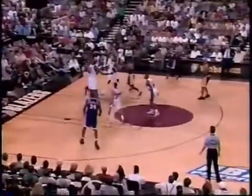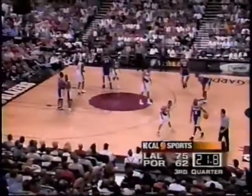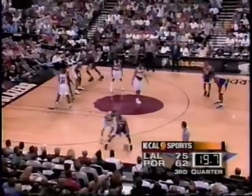Around the screen by Shaq. Down the middle underneath. Spin it up and in. Van Exel made a nice spin shot with the left hand. And the Lakers breathe more comfortably. It's 73-59. Quarter. The Lakers have done a pretty good job escaping here in the third after a hot start